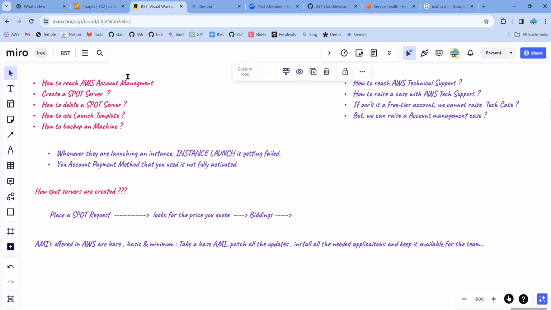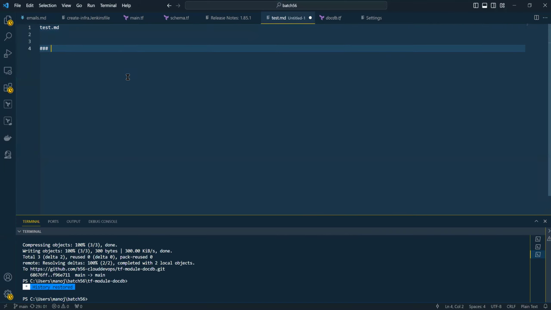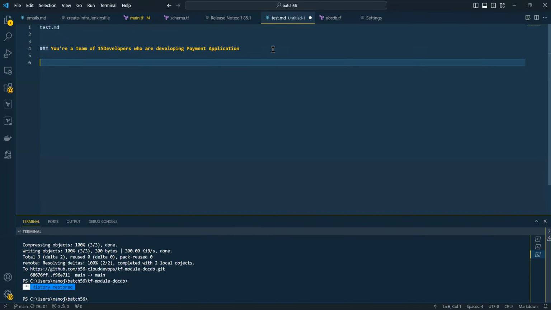If you look at this, usually in an organization, how it works. You are a team of 15 engineers, 15 developers, who are developing a payment application. I know I'm a little advanced at this point in time. So for this payment application to work,